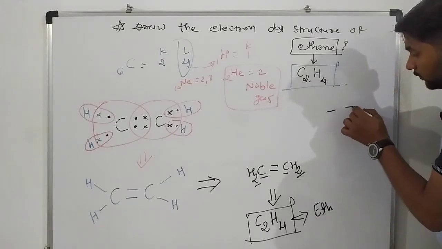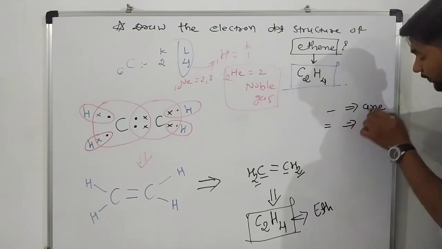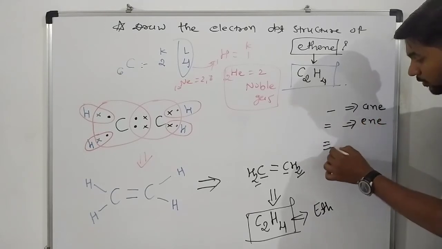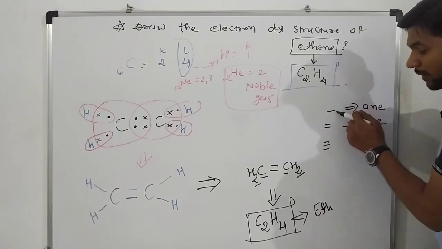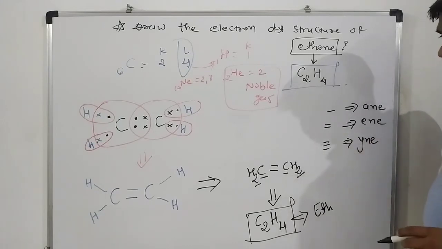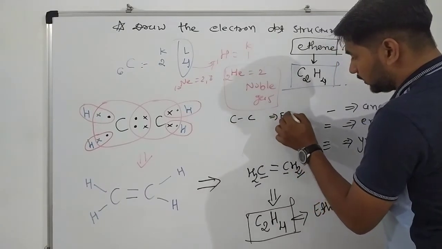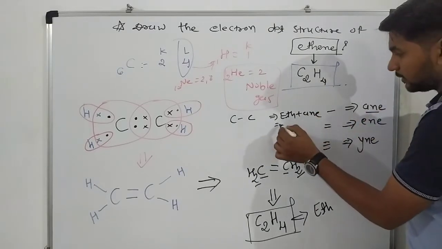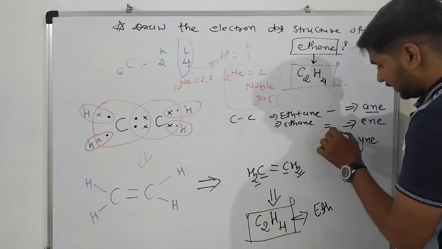That means for a single bond we write the suffix ane, for a double bond we write the suffix ene, and for a triple bond, it is not a minus, triple bond we write ine. Okay, that means single bond carbon carbon single bond, eth plus ane, it is ethane. Okay, double bond,